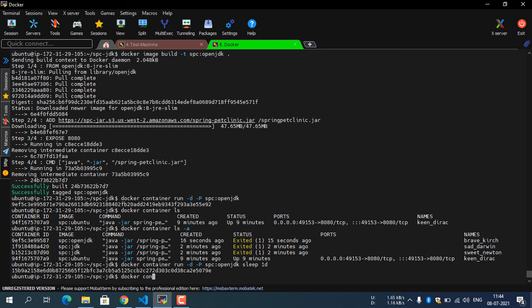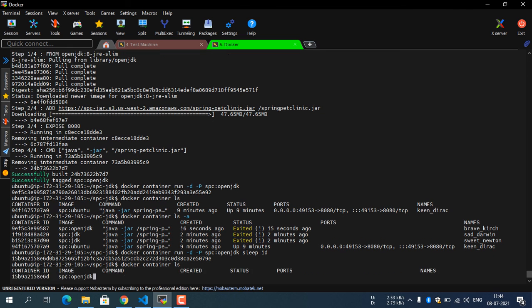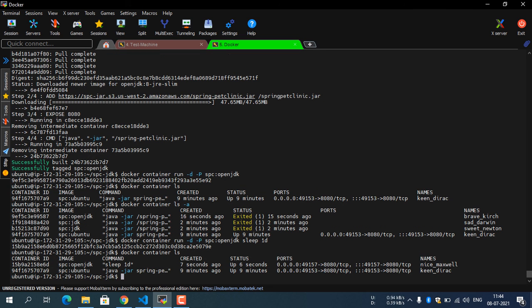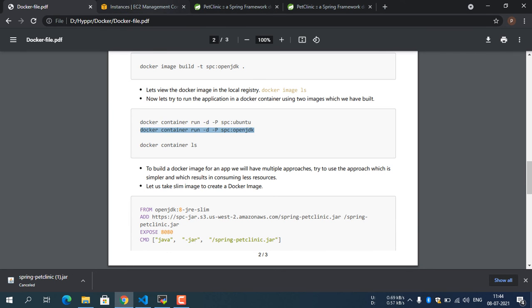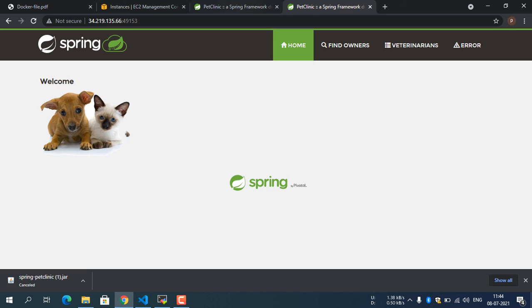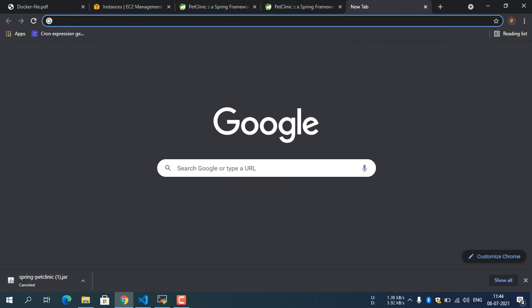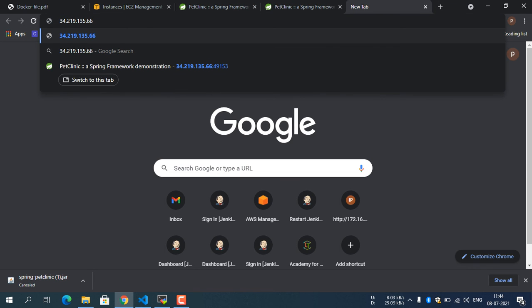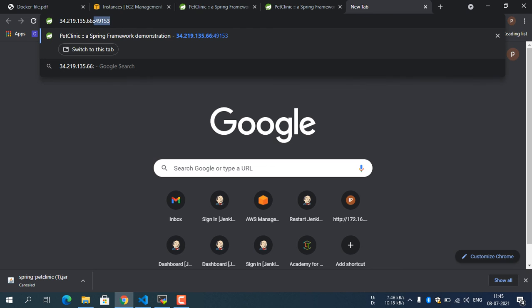Docker container ls. So it is running on this port, 49157. Let us copy 49157.